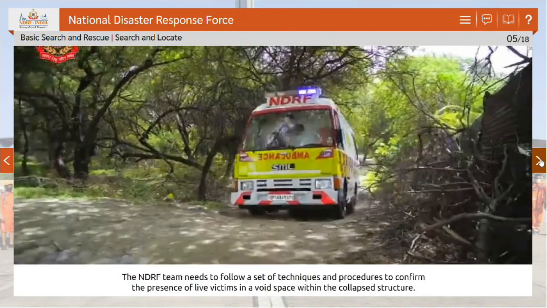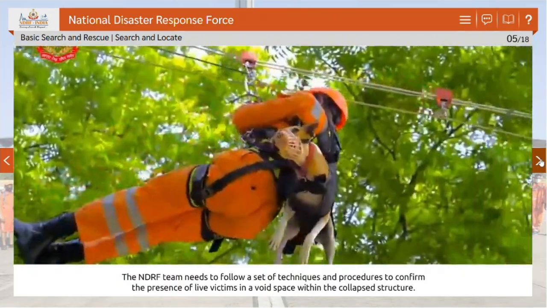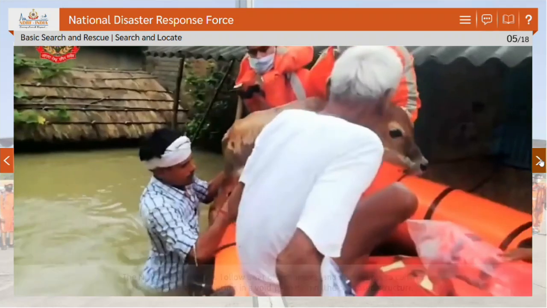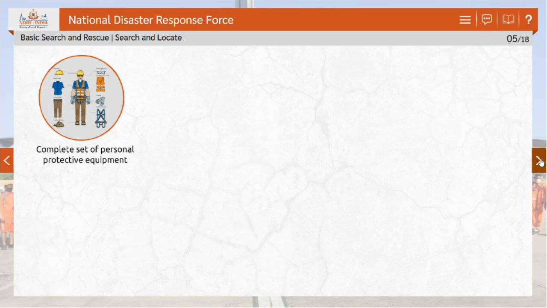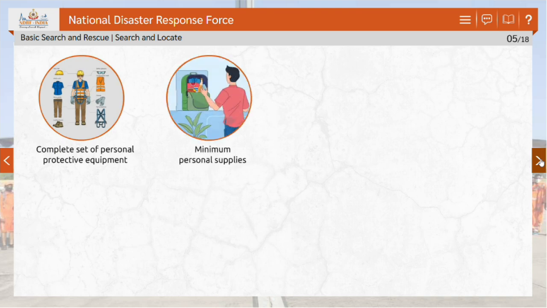Let us learn about basic equipment required for physical search. Basic equipment required for physical search are complete set of personal protective equipment and emergency medical kit, minimum personal supplies required to function unassisted for at least 12 hours like drinking water, food and proper clothing, basic tools such as